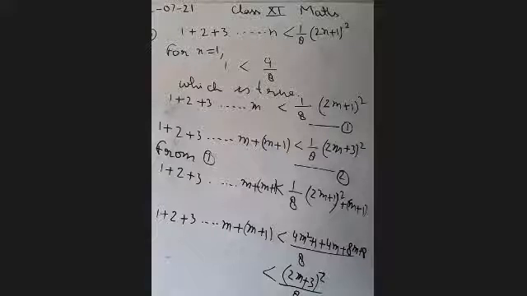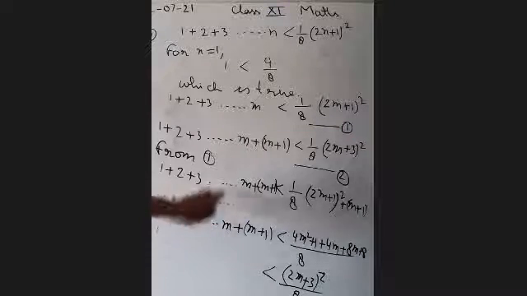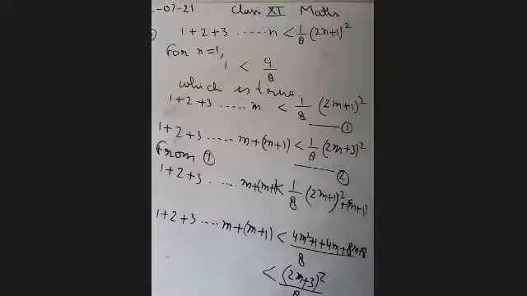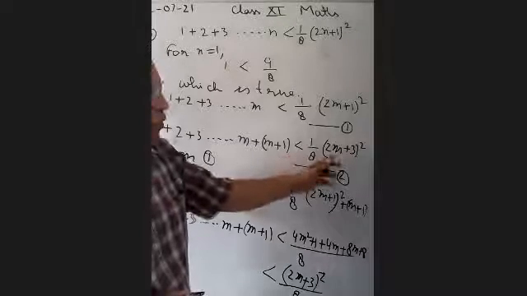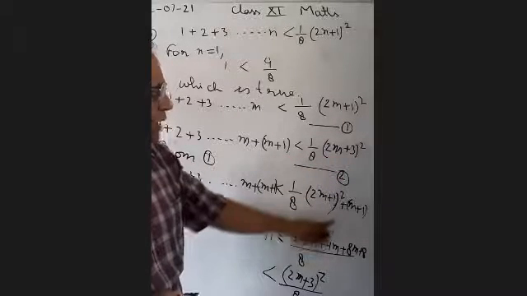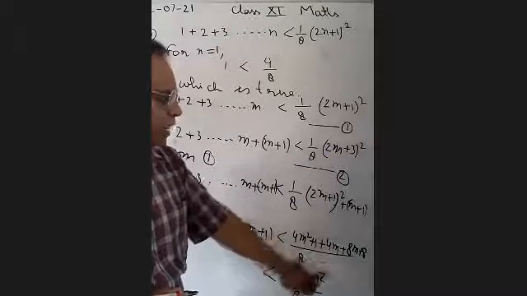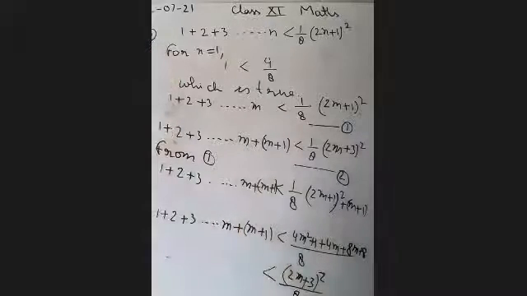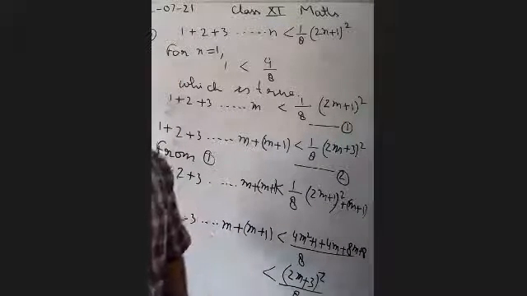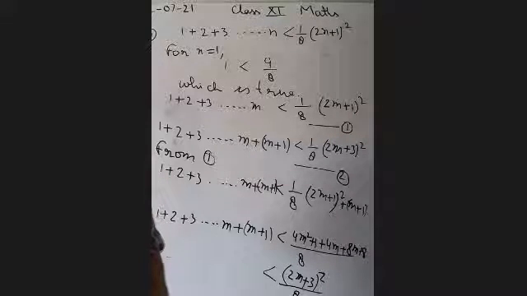ठीक है. After adding m plus 1 both sides, so we left hand side we get easily, but whatever we want to prove. In right hand side also, nothing we have done. We have taken the LCM only. We get right hand side very easily. What we want to prove, this has been completed here. Okay. So this inequality, the same manner.